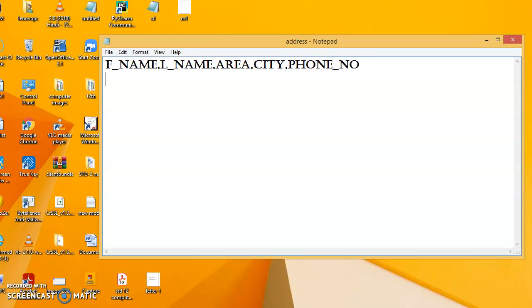Then first name, suppose Sri, last name, suppose Pathak, area will be Bestan, city will be Surat.